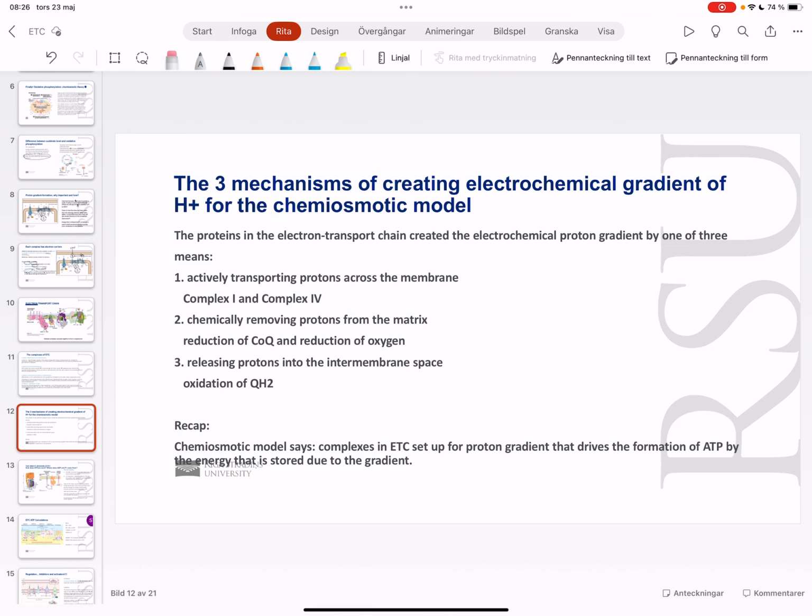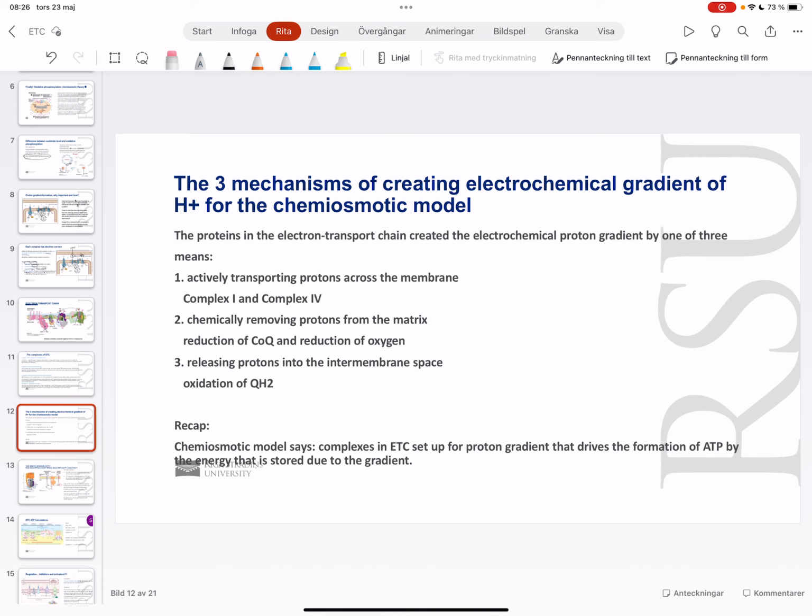Okay, so the 3 mechanisms of creating electrochemical gradients of hydrogen for the chemiosmotic model. Firstly, actively transporting protons across the membrane. Complex 1 and complex 4 will do that. Chemically removing protons from the matrix, so the reduction of ubiquinone and reduction of oxygen, and then releasing protons into the intermembrane space, which is the